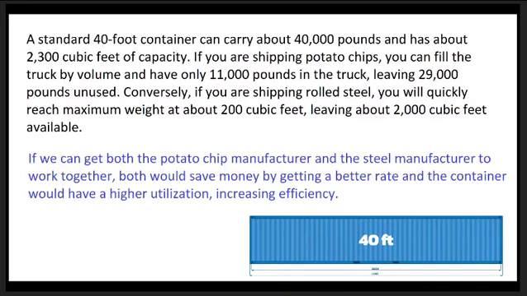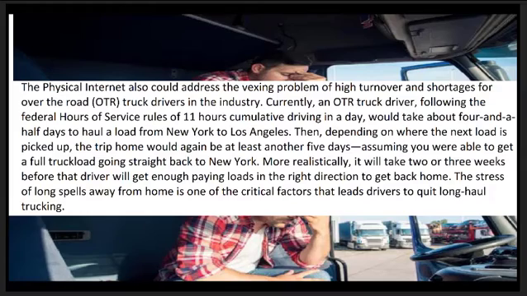If you are shipping potato chips, you can fill the truck by volume and have only 11,000 pounds in the truck, leaving 29,000 pounds unused. Conversely, if you are shipping rolled steel, you will quickly reach maximum weight at about 200 cubic feet, leaving about 2000 cubic feet available. If you can get both the potato chip manufacturer and the steel manufacturer to work together, both would save money by getting a better rate, and the container would have a higher utilization, increasing efficiency, improving quality of life for